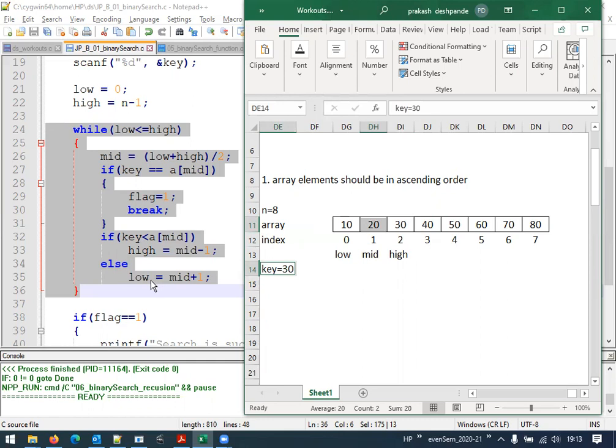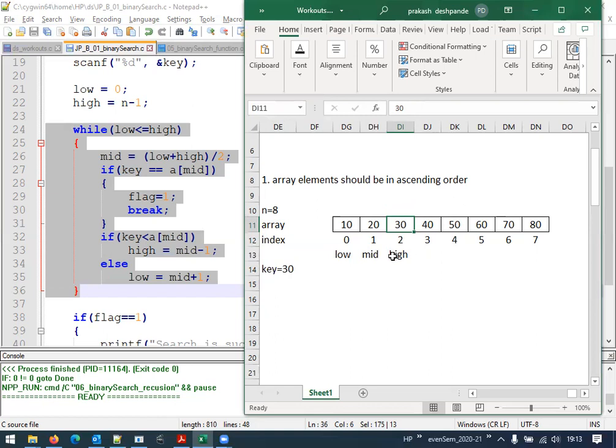Why will the else part get executed? Because the key 30 is not less than the mid positioned element, it is greater than the mid positioned element. That means even if the element is present, it might be present on its right side. Right side means from 20 till here only. We are not bothered to look here.